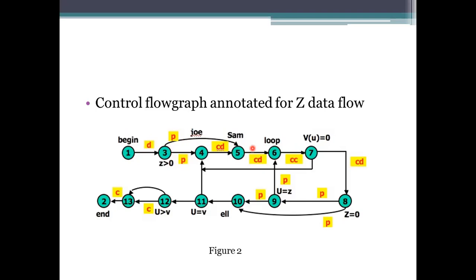And then next I am reaching from this 3 to the 5. So this will be considered as a DU path, that is defined one and also used at that one only. And coming to this representation, we are using 4, 5, 6. So in 4, 5, 6 the computation has been done, later it has been defined, and the defined one has been used and you are redefining also. So whatever definition you are giving has to be used here at least one time. Here it has been defined, that is the first one.